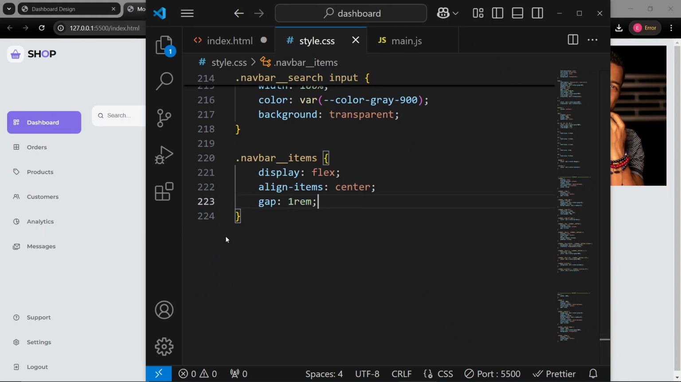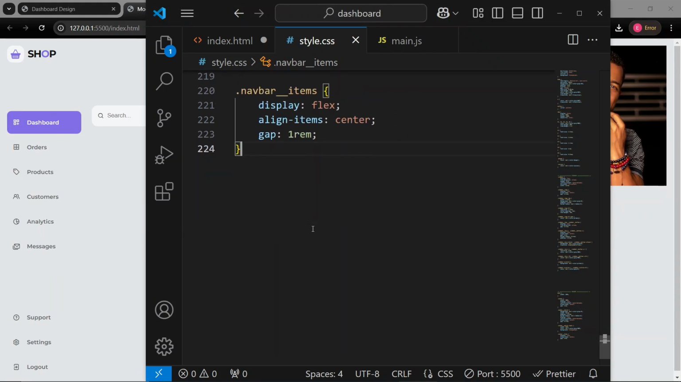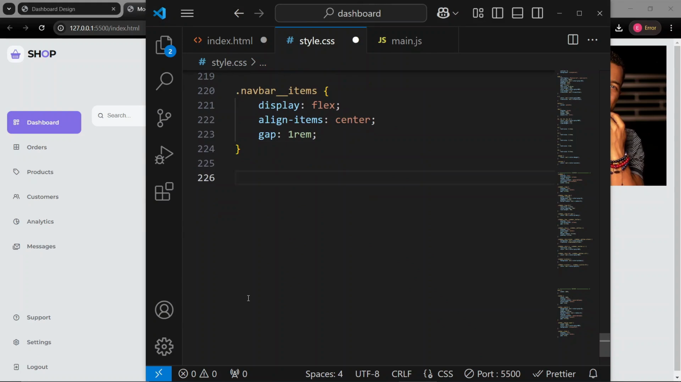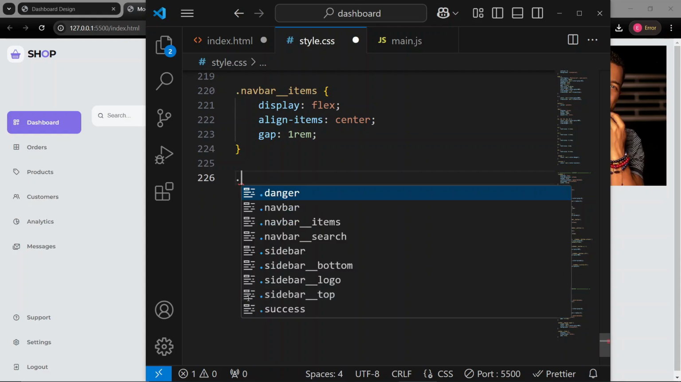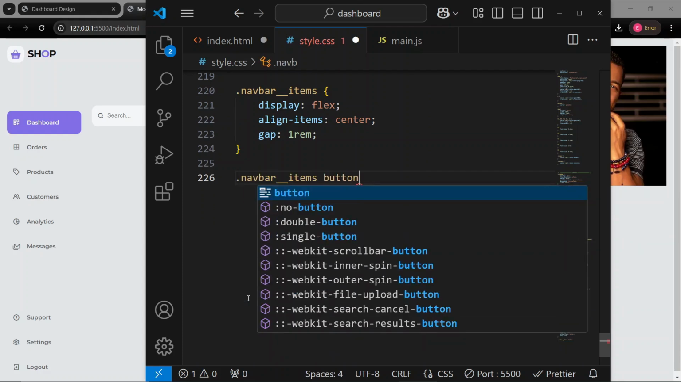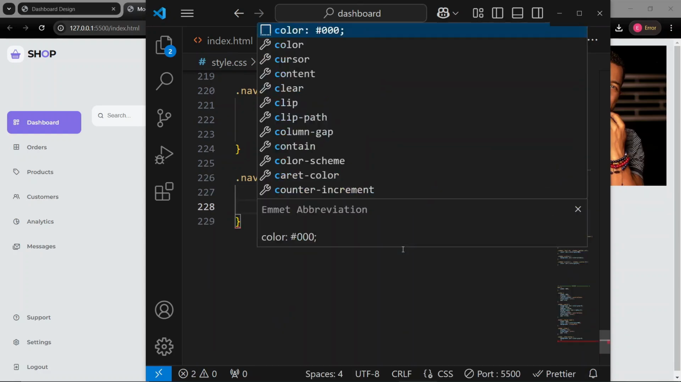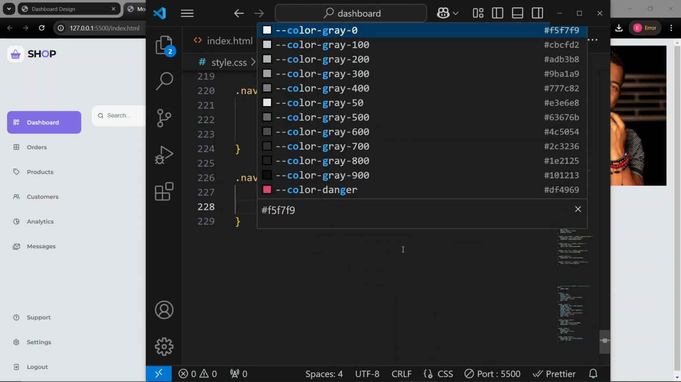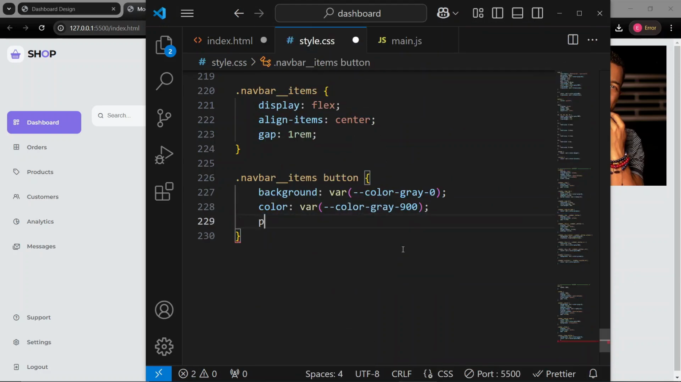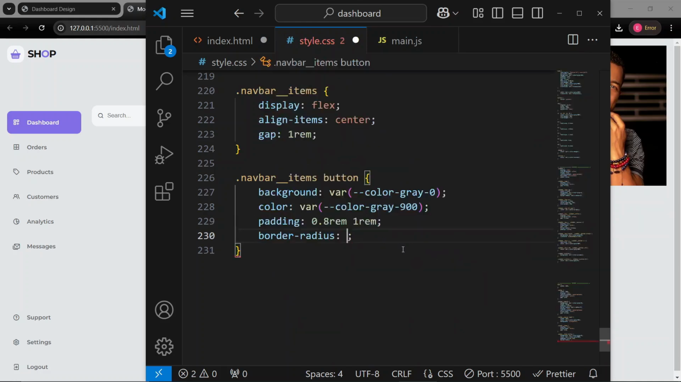Of course, the image makes it look weird, but we are going to adjust the width of the image real soon. But let's proceed, and I'm going to target the buttons. Okay, so navbar items, and then the button or the buttons inside of that. Let's give them a background color gray 0. That's the white color, and a text color of color gray 900. That's the dark color or the darkest color. A padding of 0.8 rem for the top and bottom, and then 1 rem for the left and right, and a border radius of radius 2. All right,